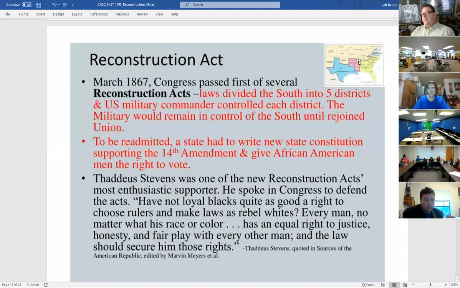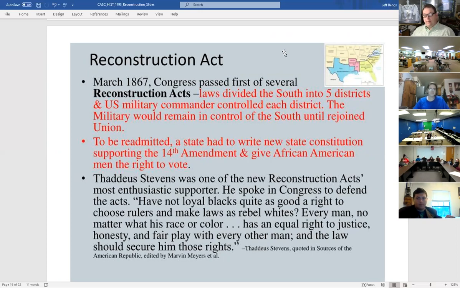The first one, if you can see that little map there, that is the 11 states of the Confederacy, divided the South into 5 districts, which were overseen by military commanders. So the 11 states,